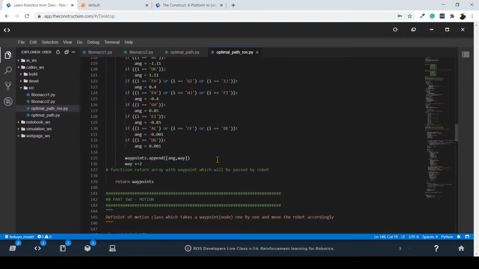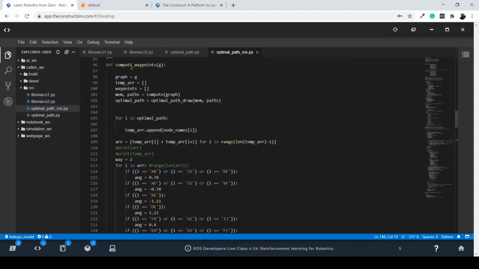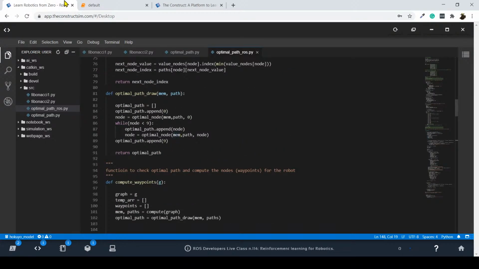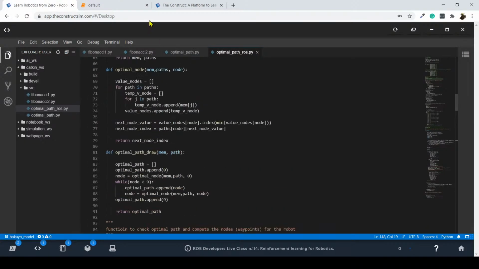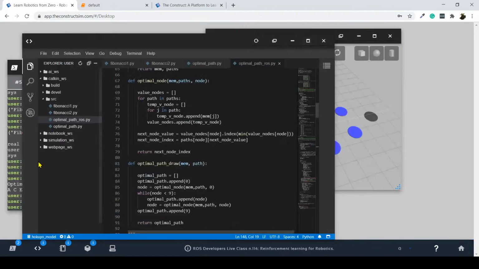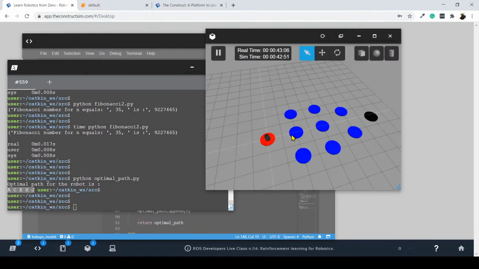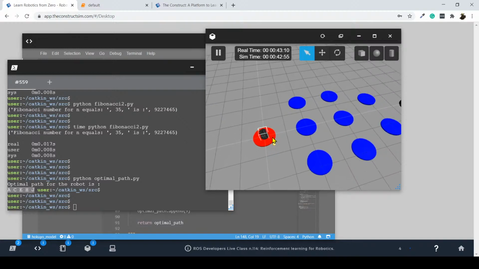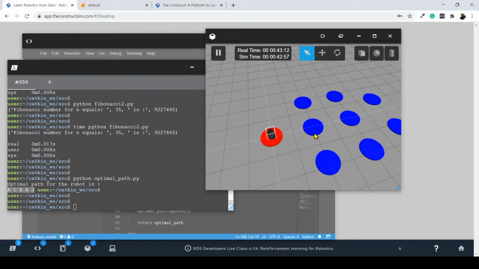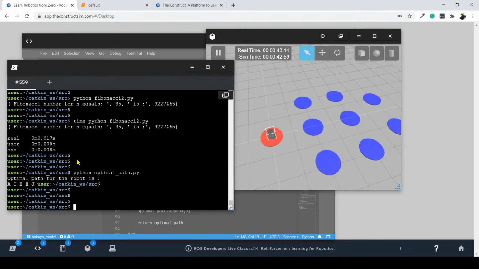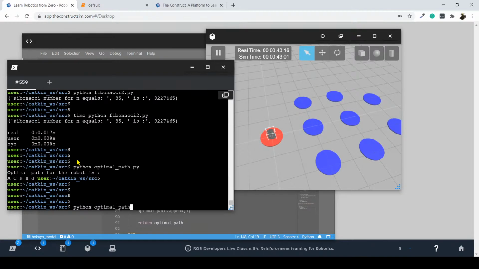But basically, once I have computed the optimal path, which is this sequence of nodes, A, C, E, H, J, I am setting for each of these nodes a waypoint here, and I am sending instructions to my robot to go to the next waypoint. So basically, if I run this new program,